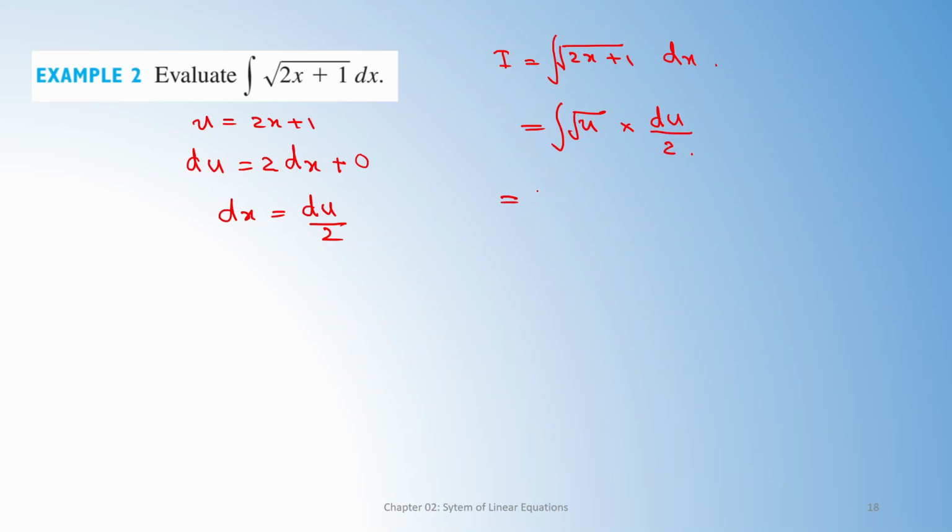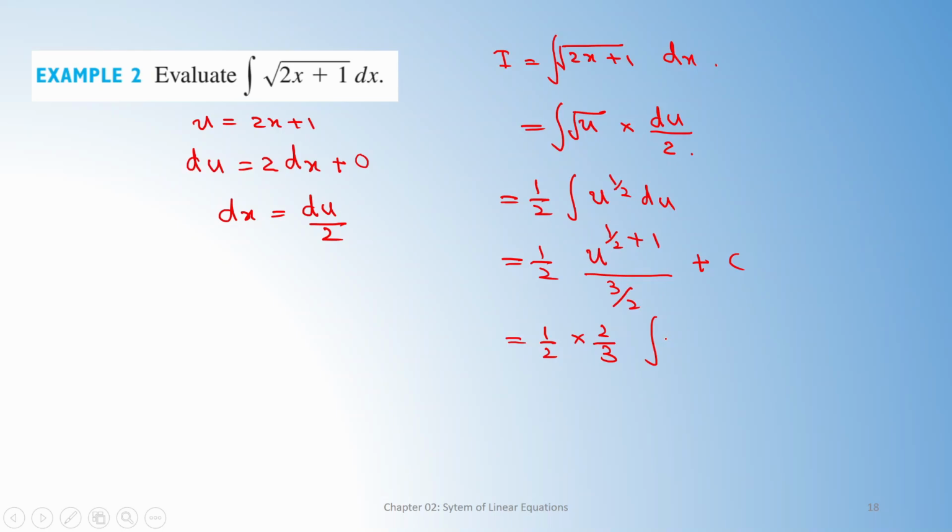Then you have half of u to the half du. Now integration of u to the half is u to the half plus 1, and half plus 1 is 3 over 2, plus the integral constant. Then half of 2 over 3,